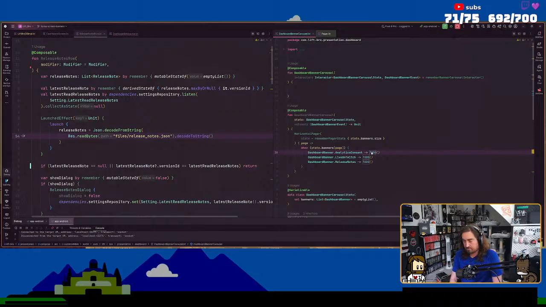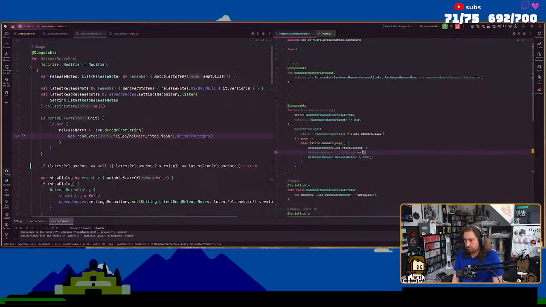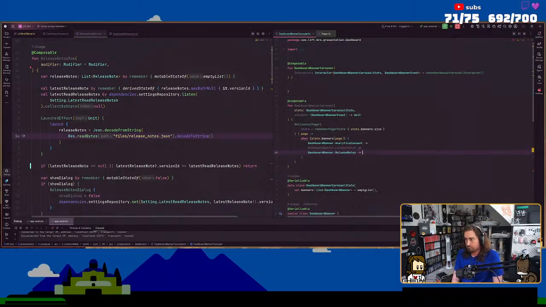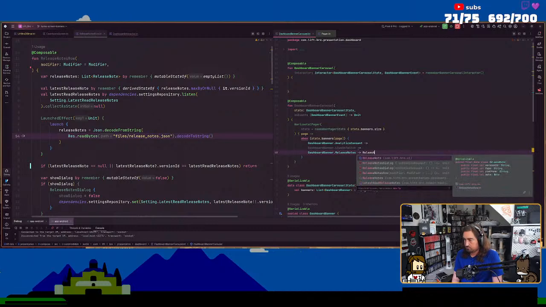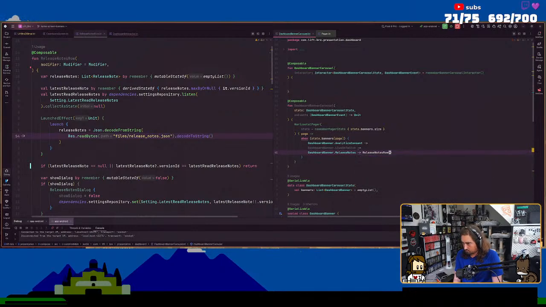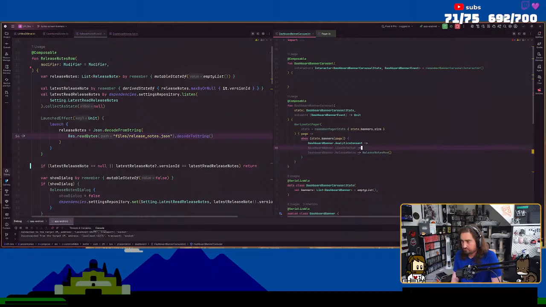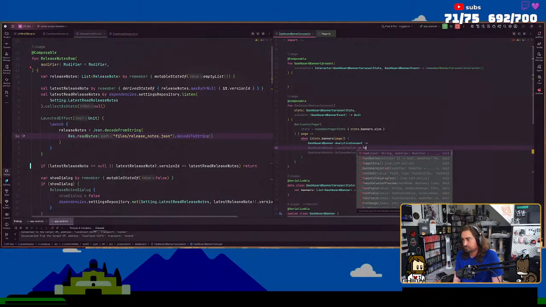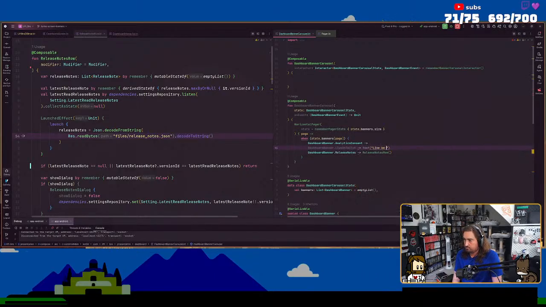All right, so now we do notes row. So we have the release notes row there for live on Twitch. I'm just going to show like live on Twitch right now. And then for analytics consent, that UI was horrible.